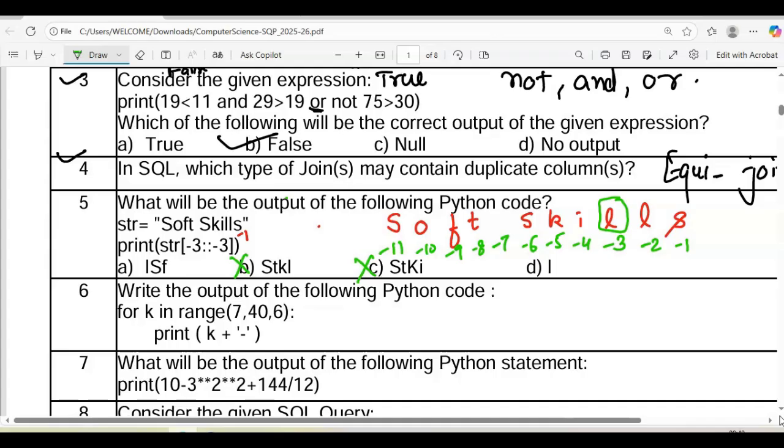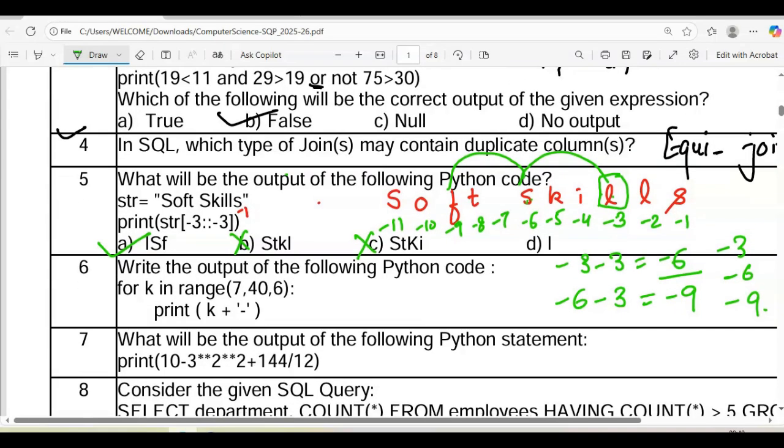Now I have to check it will work till the end, and every time you have to decrease the value by 3. So -3, then -3 is -6. So L, S and then -9, F. So L, S and F, these three will be the values. Because the first value is -3, then the step value is -3, so the next character you have to fetch from position -6, and then -6 -3 is -9. So you have to fetch the characters from -3, -6 and -9. For -3 it is L, for -6 it is S and then for -9 it is F. So the correct answer is option A.